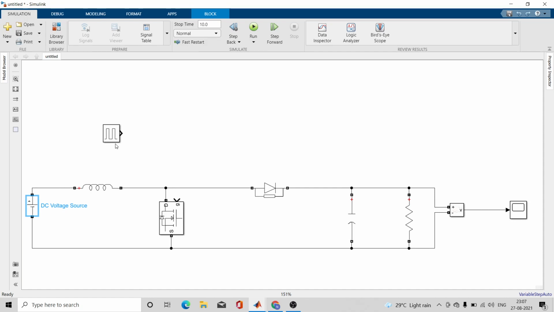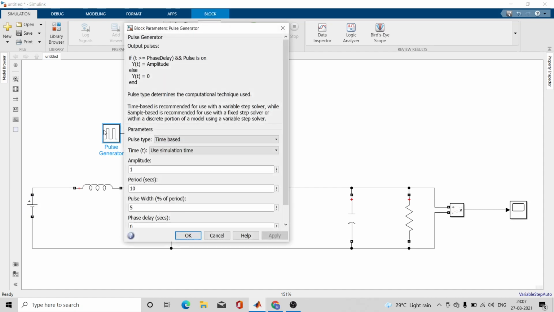So this is a very important step in any kind of controlled switches. You have to configure this pulse generator. I will first connect it, I will double click on it, and let us see what are the things that you have to configure in the pulse generator block.